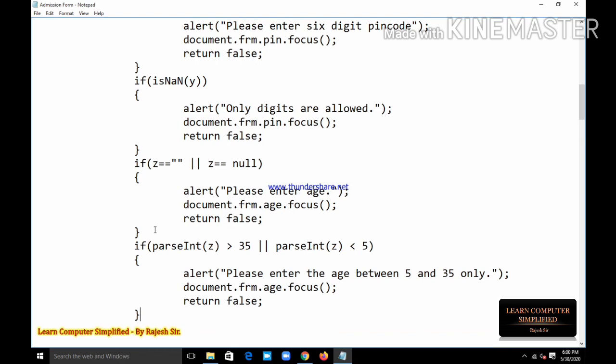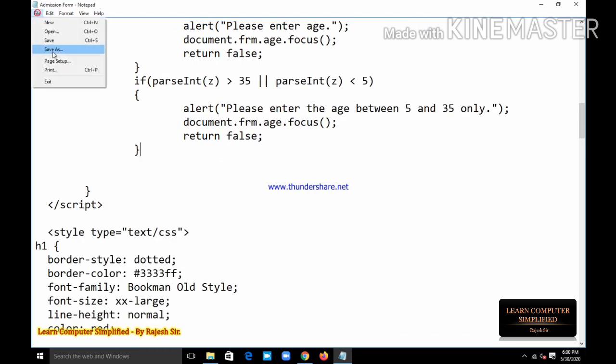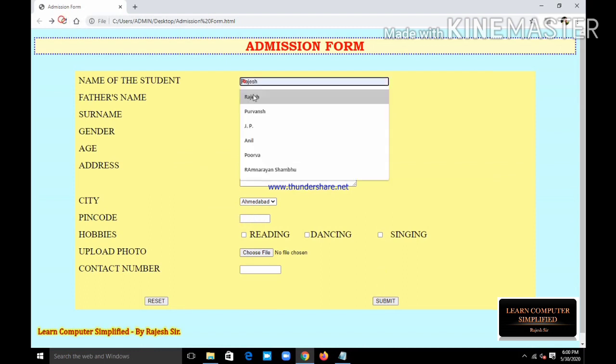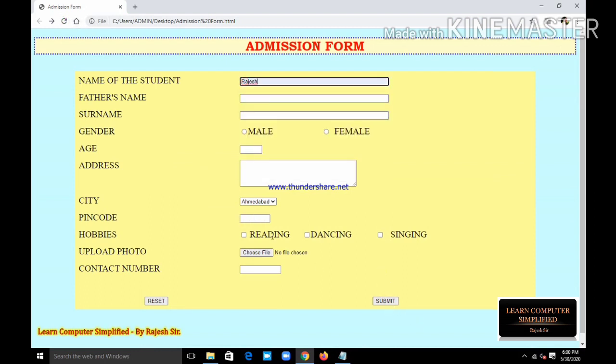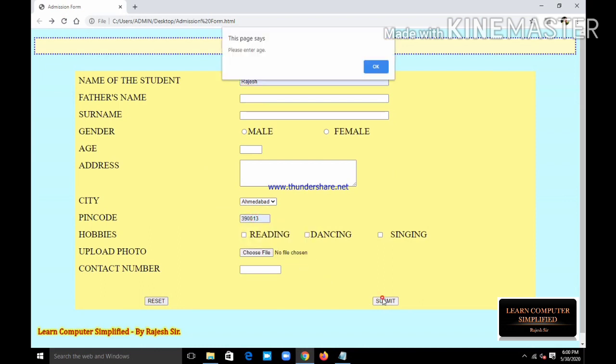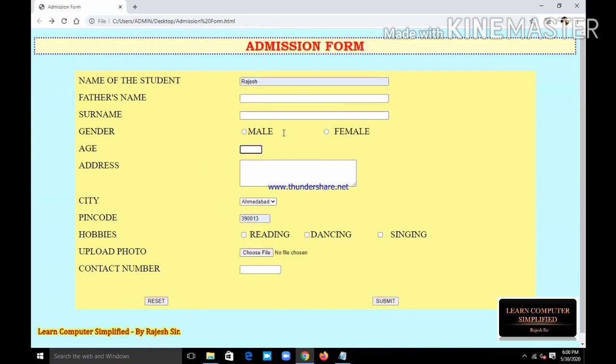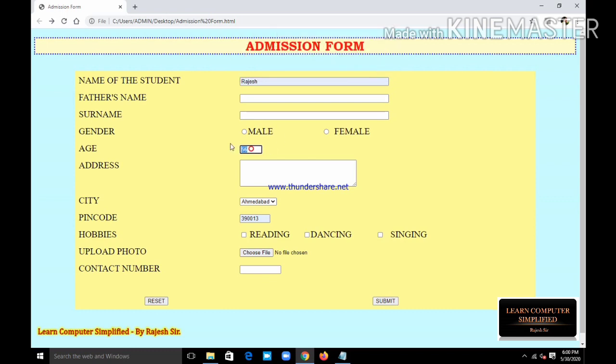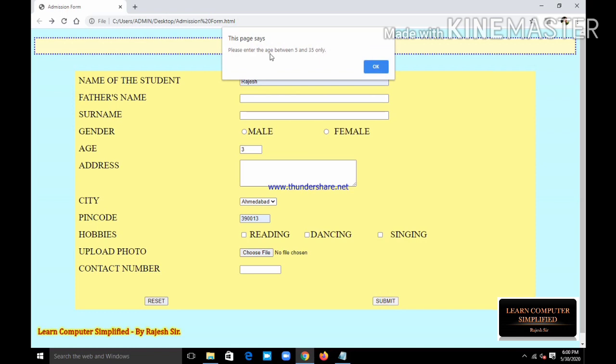Okay, let us check again, file, save. Please enter the age. Suppose I am adding 56. You can see "please enter the age between 5 and 35 only". Suppose I am adding 4 or 3, "please enter the age between 5 and 35 only".